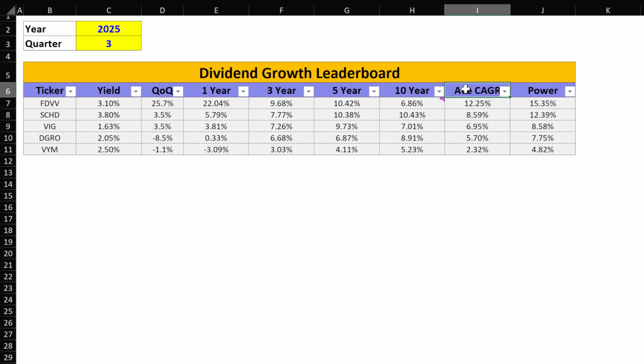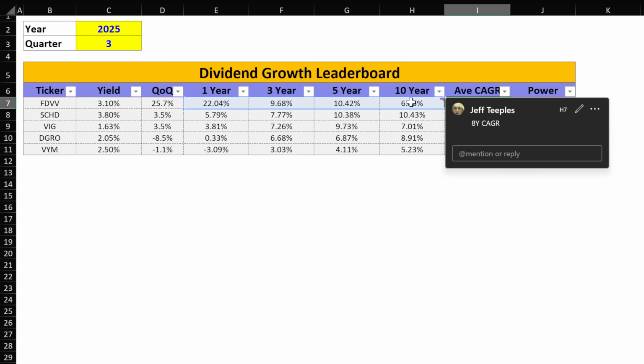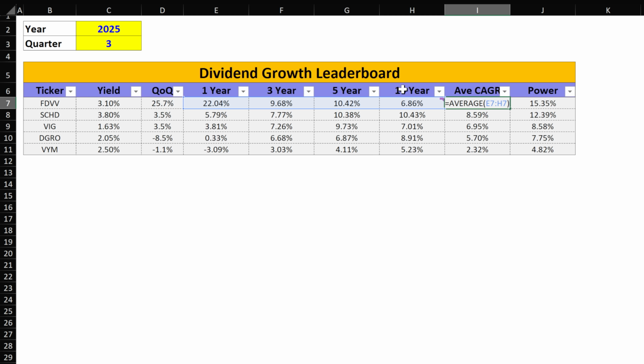dividend CAGR. And now for the average CAGR, we take the average of the 1, 3, 5, and 10-year. And in reality, we should probably give more weight to the 10-year. It's more important for your long-term cash flow, but I just average them because what have you done for me lately is kind of cool too. You'll notice that we keep quarter over quarter out of this formula area, and that's because it really bounces like crazy. We want a full legit year over year at different snapshots of time, not just a single quarter payment